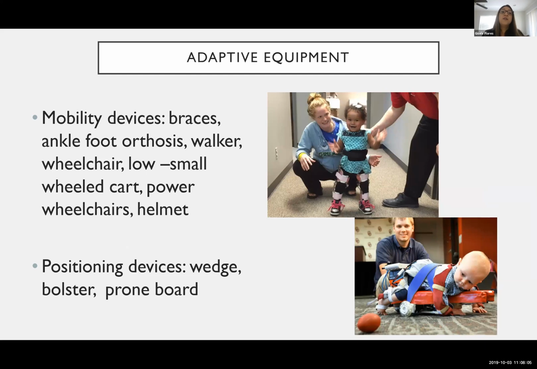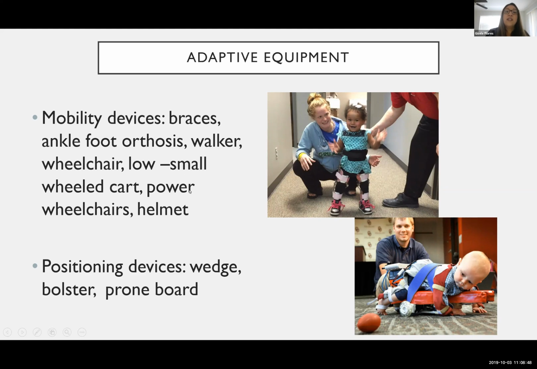All right. So let's look at adaptive equipment versus adaptive material. Adaptive equipment, like I said before, is going to support the child in their movement and their ability to maneuver around their environment. So these can look like things like braces. These are full leg braces, but I also frequently work with children who have AFOs, ankle foot orthosis, and that supports the child in gaining balance when they're standing so that they can take those first steps and walk with more balance.